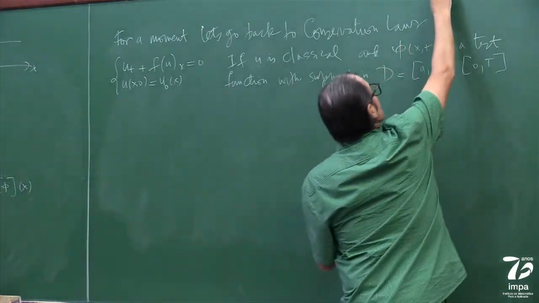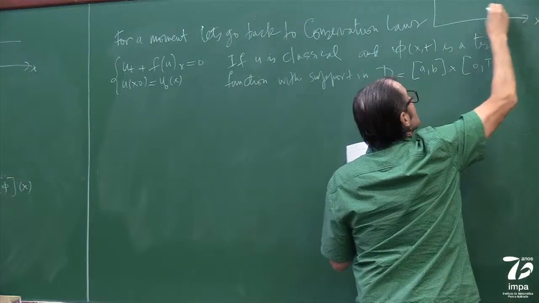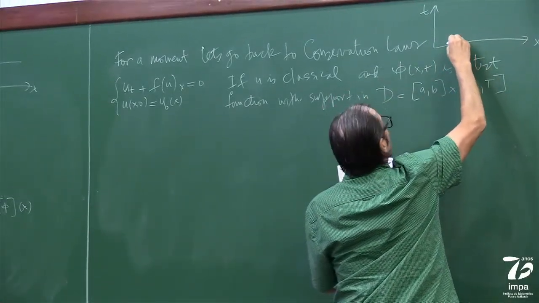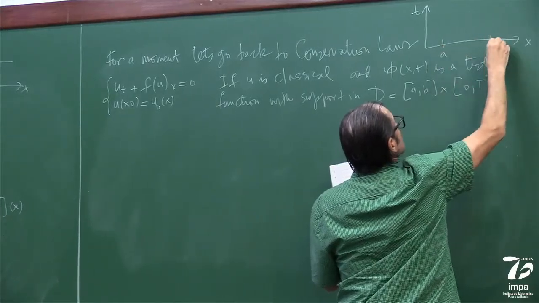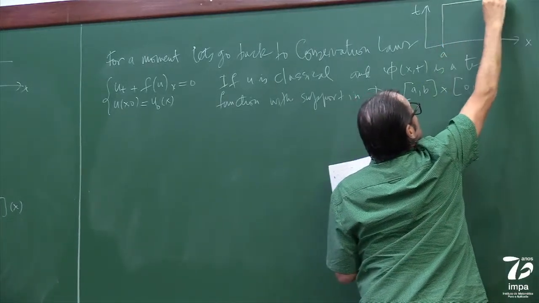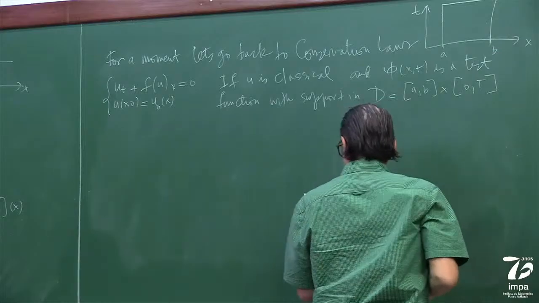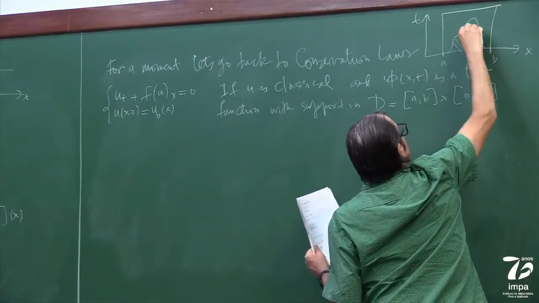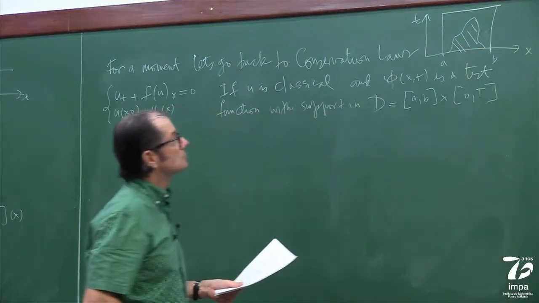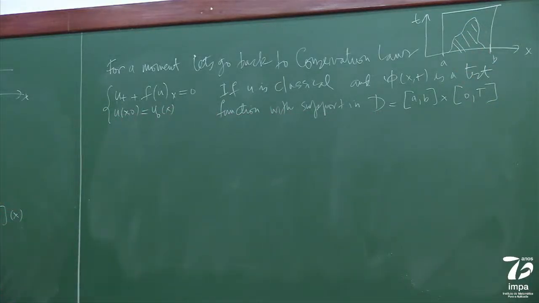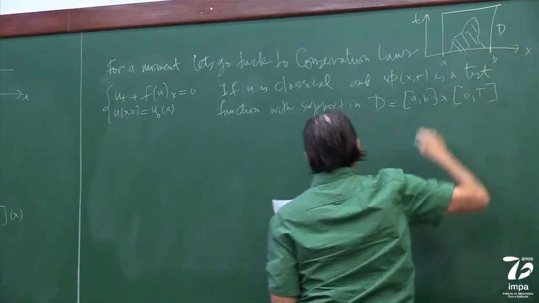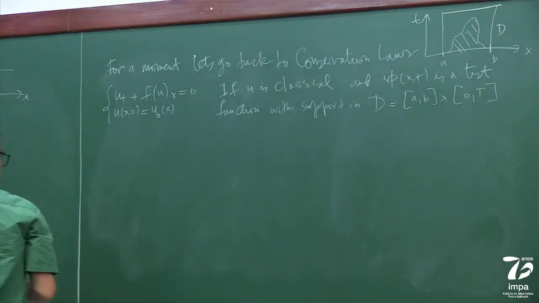Let me put the domain here. Okay, just in a schematic way, I'm saying like an example of the support of the function. This is D, and this would be the support. Okay, then